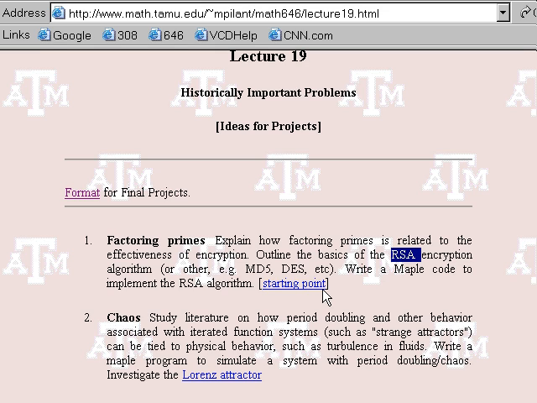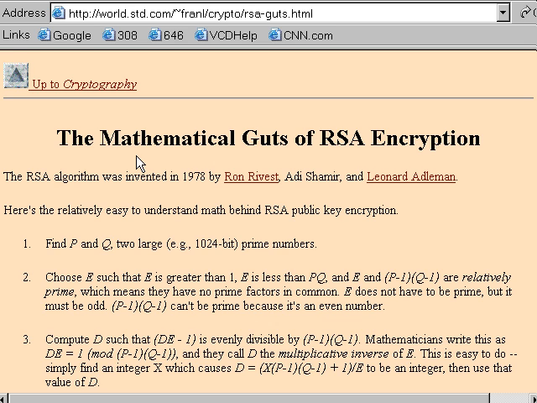For example, the RSA encryption algorithm, which I have a link to here, or the DES, MD5, all sorts of algorithms that do exist. One of the possibilities that you can do for this particular project is to write a Maple code or a MATLAB code to actually implement the RSA algorithm. It's not that horrendously difficult, and you could actually write a simple Maple program that will encode text and decode it with a key. So as a starting point for this,